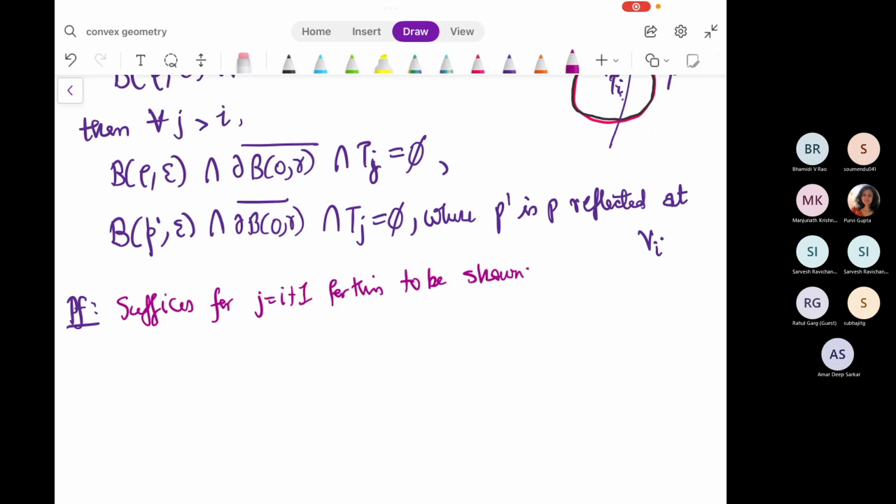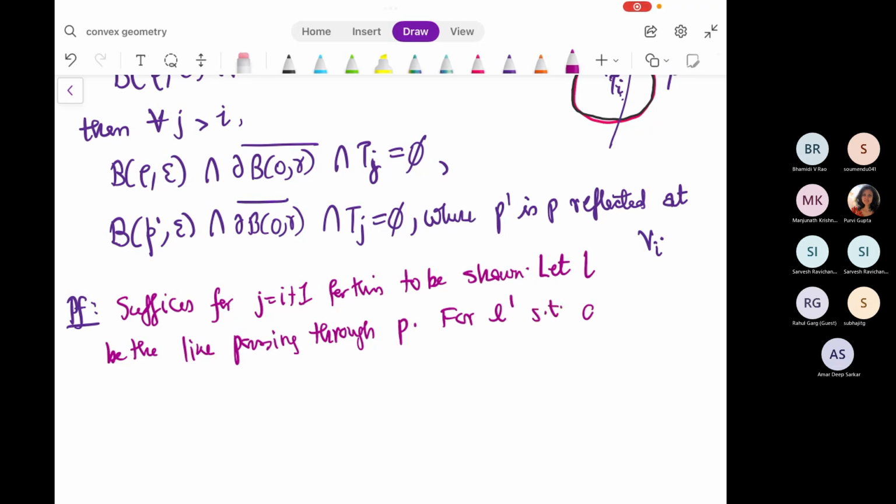So you take the line passing through P. Let L be the line passing through P. Now, if you take any other line L prime, such that its distance from L